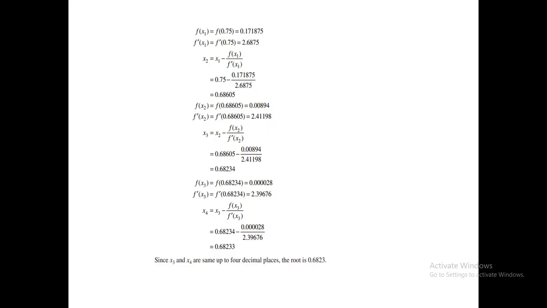We have completed the first part. The second part is the simultaneous equations. In the first part we have seen first the bisection method, second the false position method, and third the Newton-Raphson method. The second part is the solution of simultaneous equations. In that we'll see Gauss elimination with partial pivoting, the Gauss-Seidel method, and the Thomas algorithm for tri-diagonal matrix. Those three methods we'll see in simultaneous equations.